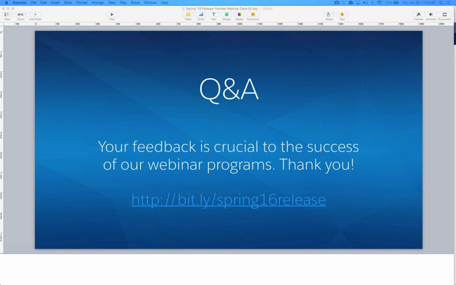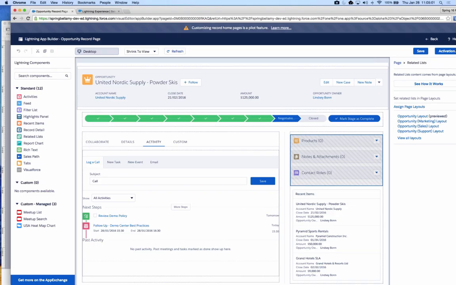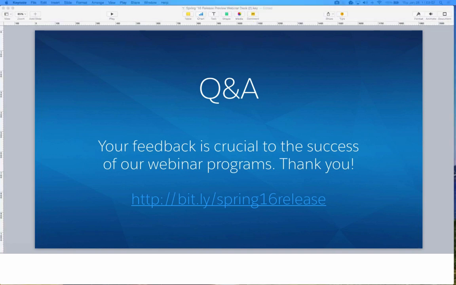One of the questions we got about global pick lists was, where do we go to create global pick lists? So if you go to Classic Setup and search for global, let me just double check that. If you go to Classic Setup and search for global, that should bring you to that create screen. Now, that is one of the things that for setup you do have to go back to Classic for, but then you have access to that in Classic or Lightning when you're actually creating the pick list that's going to use those global values.